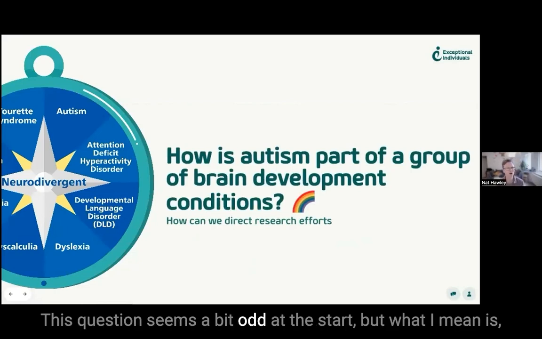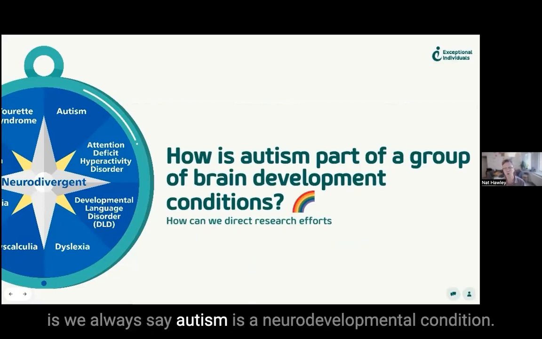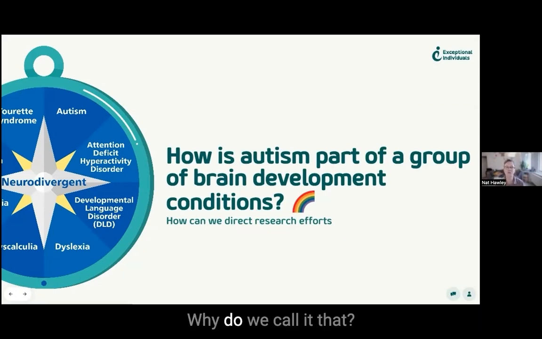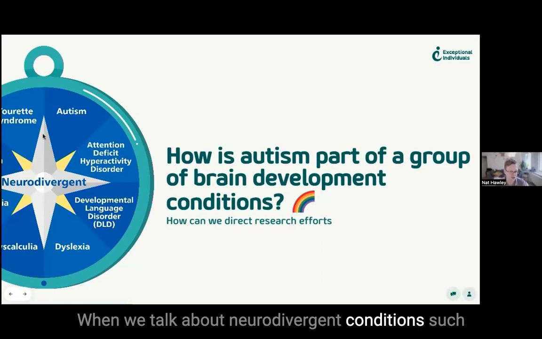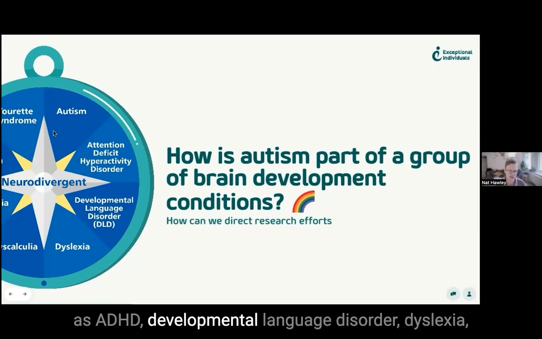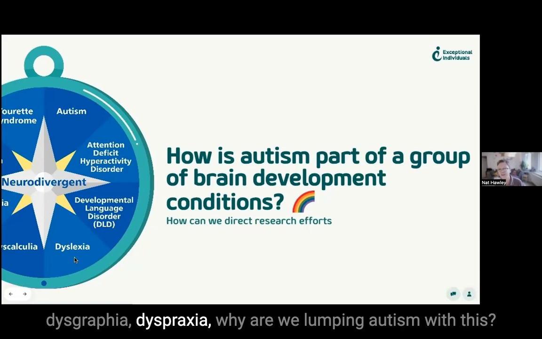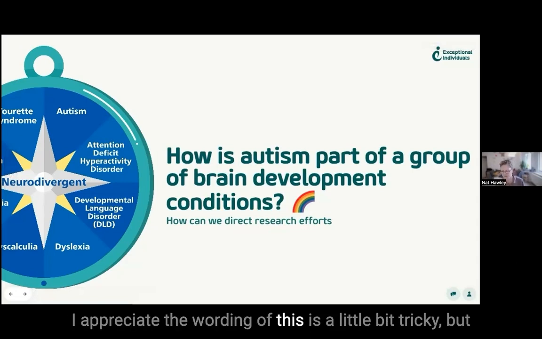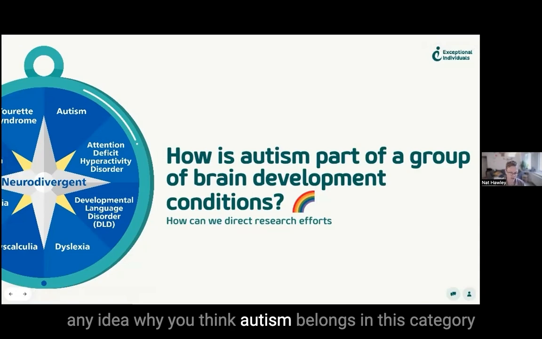This question seems a bit odd at the start, but what I mean is we always say autism is a neurodevelopmental condition. Why do we call it that? Why does it fit into this? When we talk about neurodivergent conditions such as ADHD, developmental language disorder, dyslexia, dysgraphia, dyspraxia, why are we lumping autism with this? I appreciate the wording of this is a little bit tricky, but any idea why you think autism